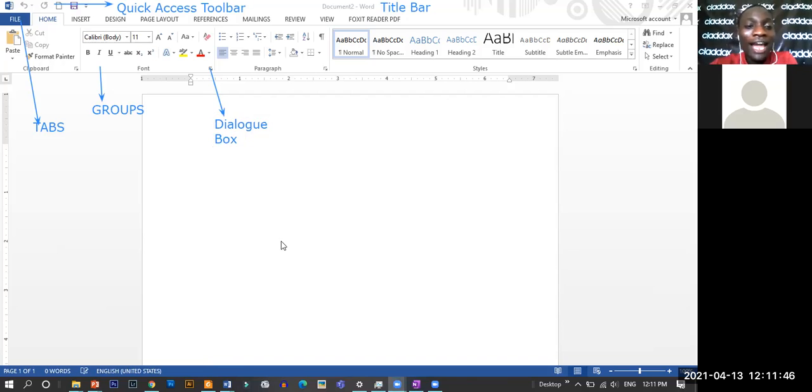Okay, now the combination of your tabs and your groups gives you what we call ribbon. So from this file home tab, if you draw a line from that point, draw it down all the way to your groups, that's what we call ribbon. That's your ribbon. So your tabs